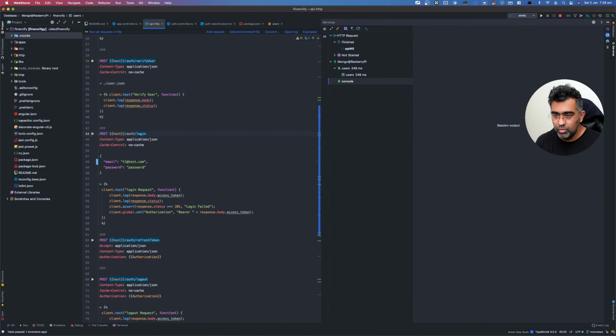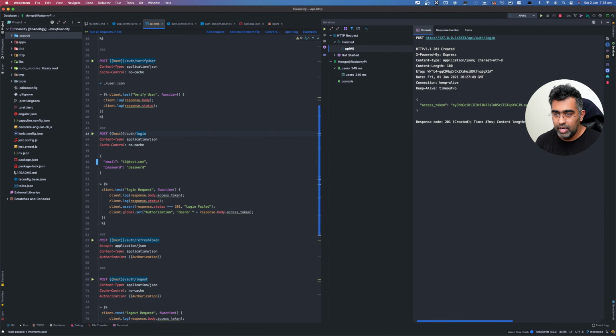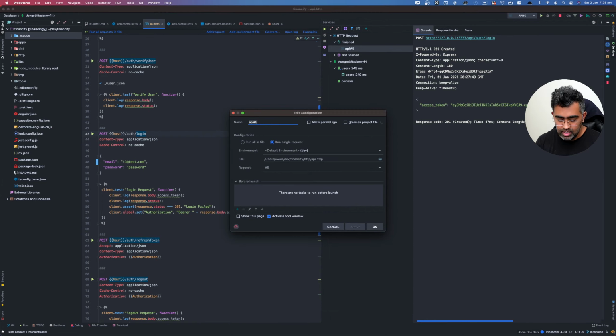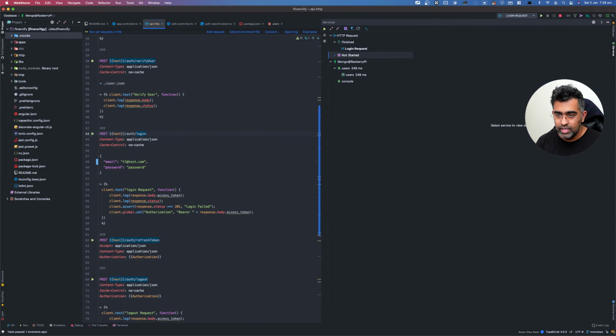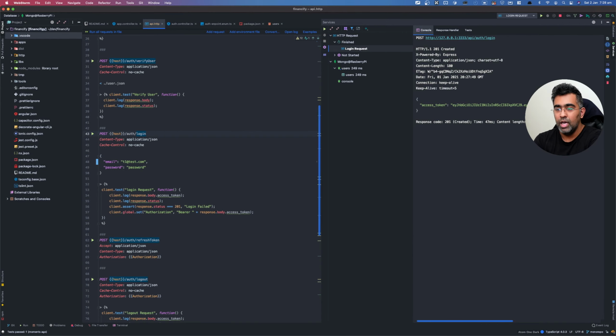So we have a Mongo console, and we got this API there as well. So I can quickly with the keyboard rename this as well, like it's a login. So I'll do edit, I'll just do login request, save it, and now we can quickly do a login request instead of